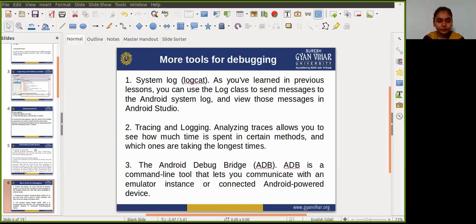In the call, you specify a base name for the trace file that the system generates. To stop tracing, just call stopMethodTracing. These methods start and stop method tracing across the entire virtual machine. For example, you could call startMethodTracing in an activity's onCreate method, and call stopMethodTracing in the activity's onDestroy method.